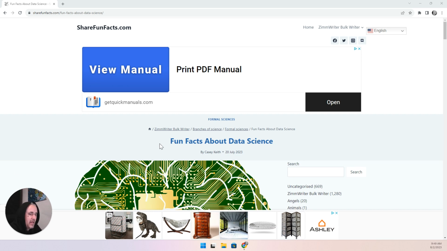I broke those down into formal sciences, and then even more. So I'm in the formal sciences area and I just copy those. I put fun facts about data science, fun facts about earth science, fun facts about information technology science, or whatever. That just generates and allows ZimWriter to make its queries.